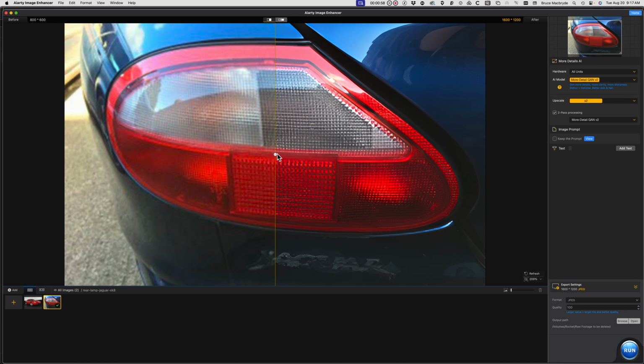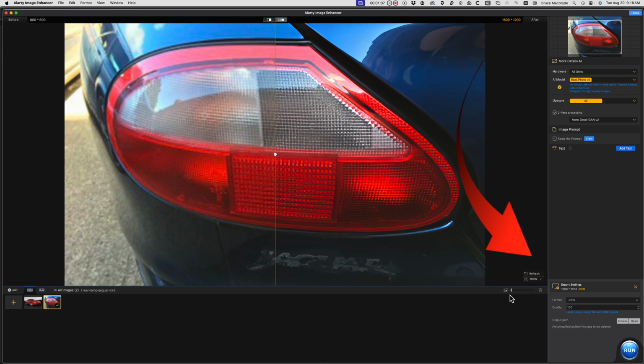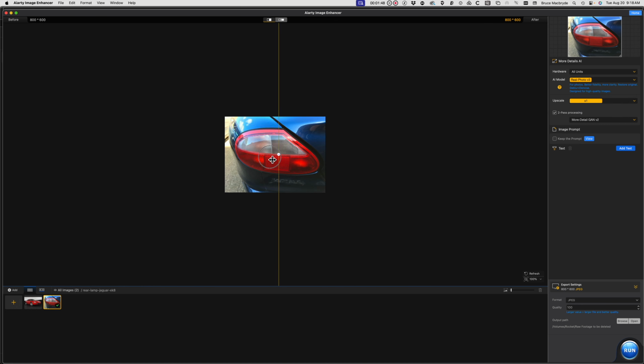And this is the more detailed result. Look how the glass detail is so much clearer, and also the reflection in the bodywork. Now I'll select the photo model, also 2x. Here's that result. Once the render for the 2x is completed,